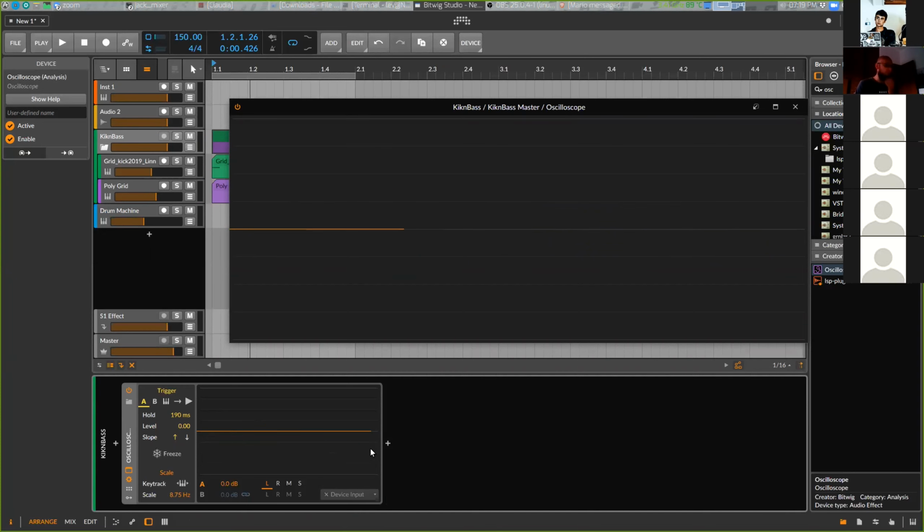What I'm doing also, I'm checking how they mix together on the low frequencies, because sometimes, even for me,